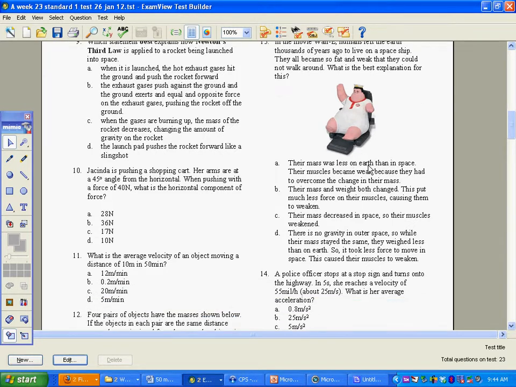45-degree angle. Nope, this is not a difficult problem. How do you get the horizontal component? Okay. How do you get the vertical component? How do you get the vertical